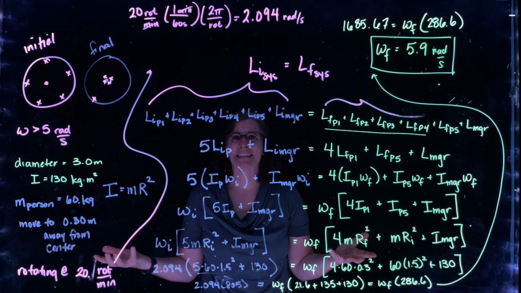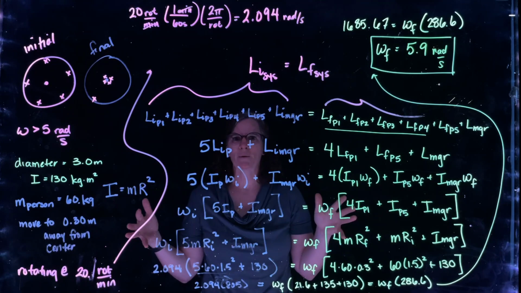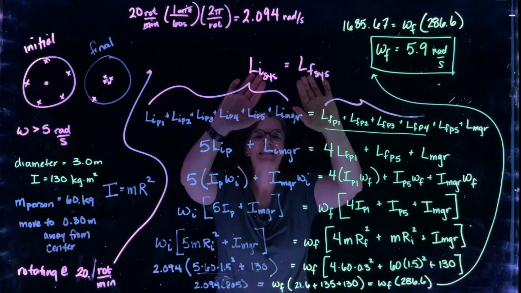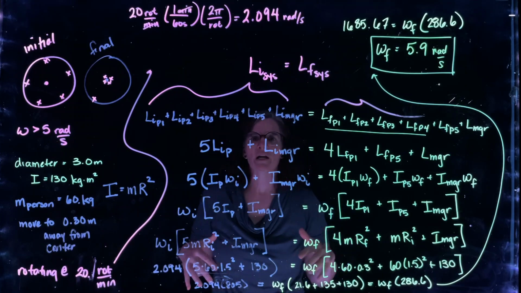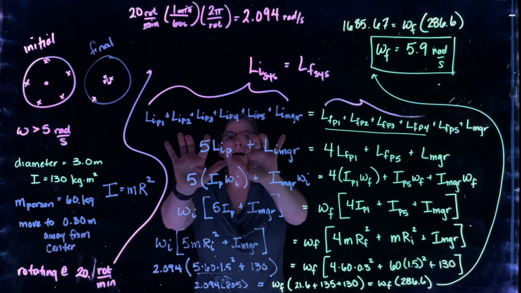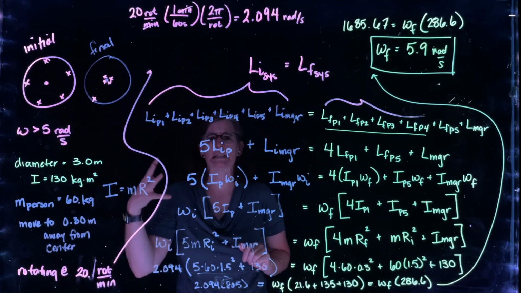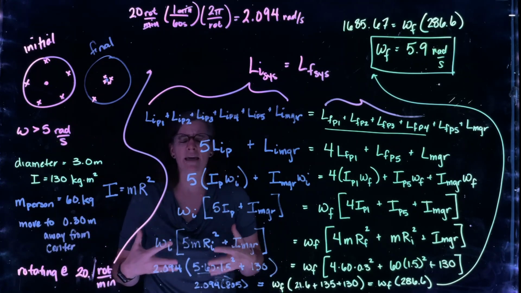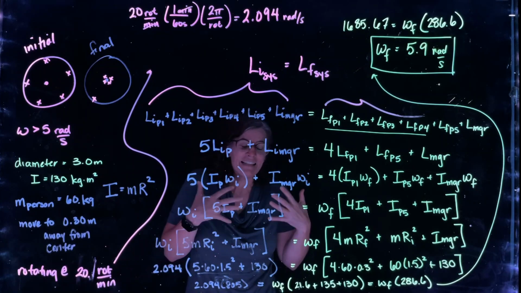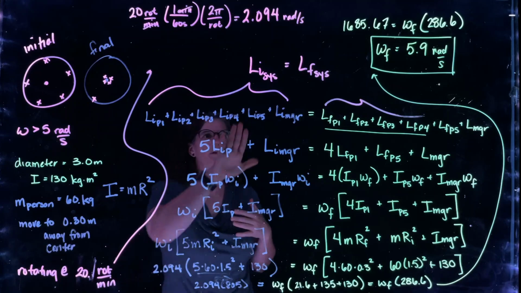All right, long problem, a lot of words. Let's just do a quick recap. Recognizing a couple of things. One, it's the system we have to pay attention to. So we understand that momentum is conserved in a system. We must define that system: all of the objects experiencing that rotation in that sort of collective manner. The items in the system did not change, and they can't as we go from the initial to